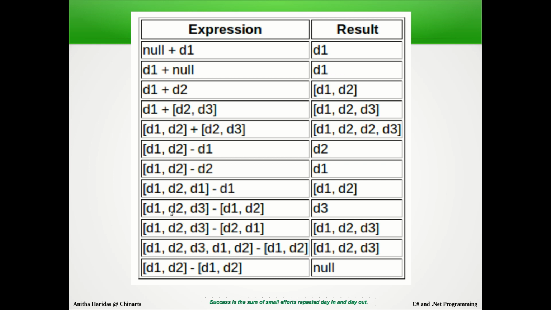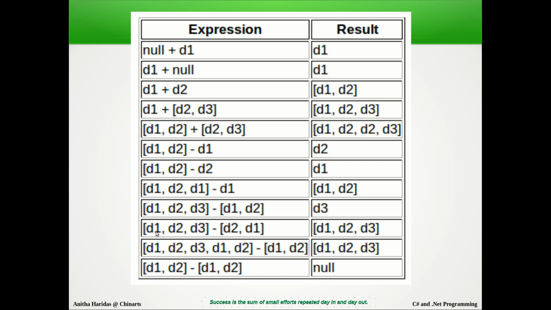And if you have D1, D2, D3, and you want to remove two delegates, you can give D1, D2. Then it will search for the D1, D2 combination. The D1, D2 combination is available here, and that will be removed. You get only D3.